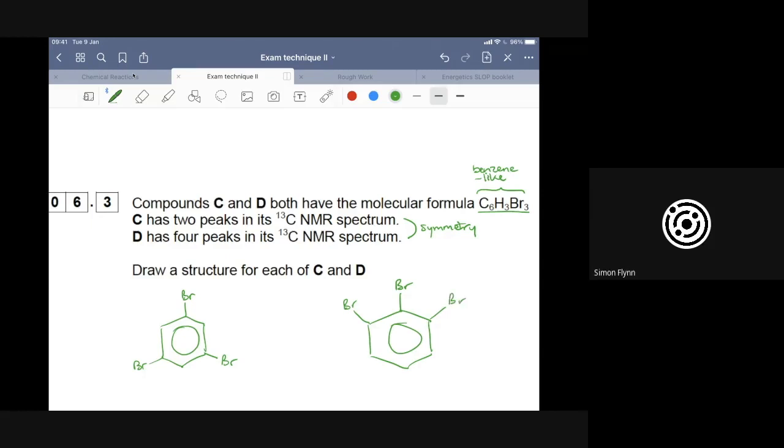So if I look at that, I've got 1 because it's next to 2 carbons with bromines. I've got 1 because it's next to 1 carbon with bromine and 1 carbon with hydrogen. And then I've got these, and then I've got this. So I've got 4, right? I've got 4. Okay, I've just gone ahead and done that. You might have had to add it, but,